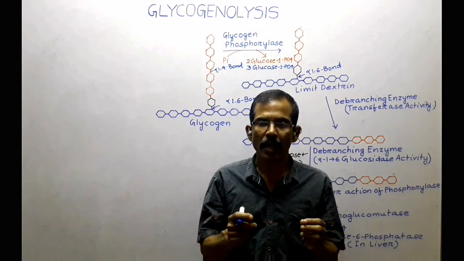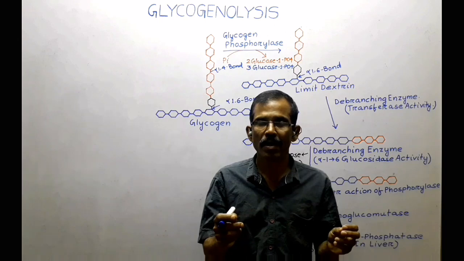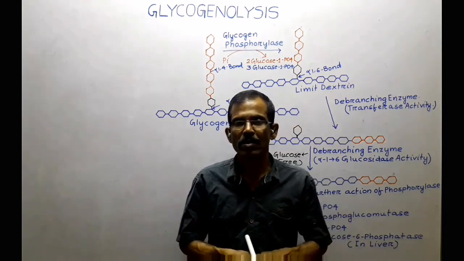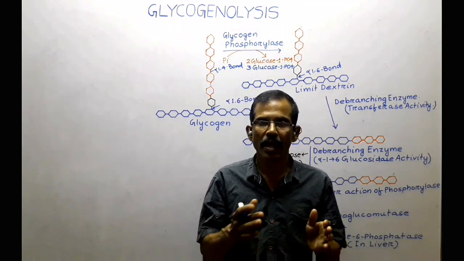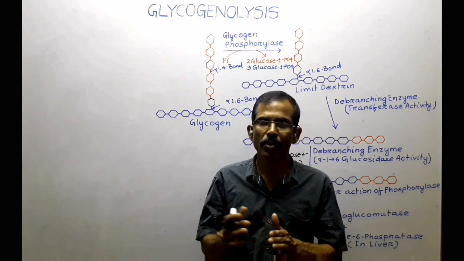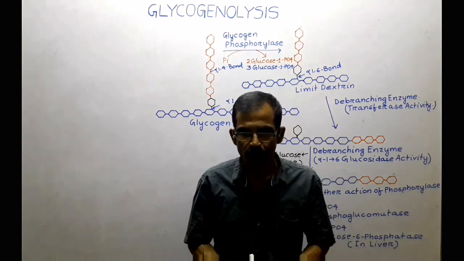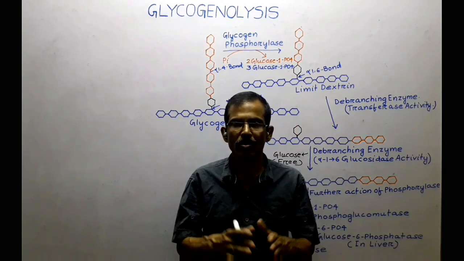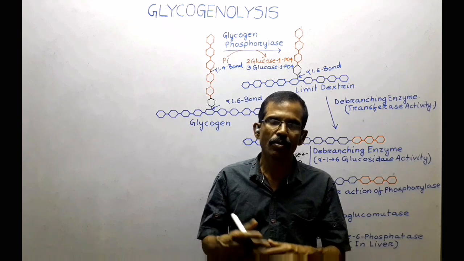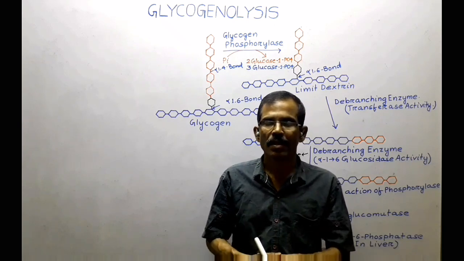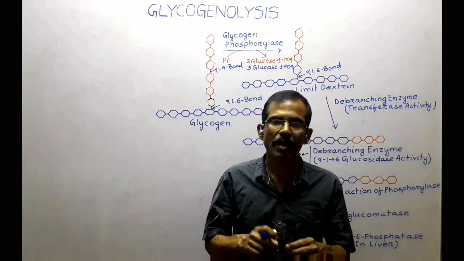Liver glycogen plays a very important role in maintaining the normal blood glucose level in the fasting state by the process of glycogenolysis. By glycogenolysis, liver glycogen is broken down into free glucose units which are then released into the bloodstream, thereby maintaining the normal blood glucose level. Whereas muscle glycogen is cleaved into glucose 1-phosphate which is then oxidized by the process of glycolysis, thereby providing energy